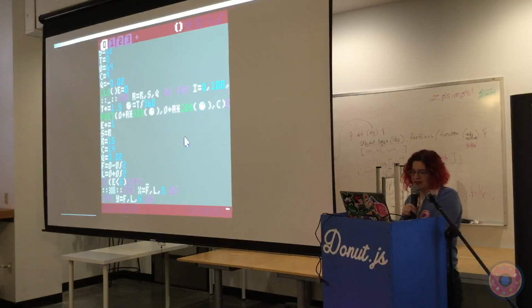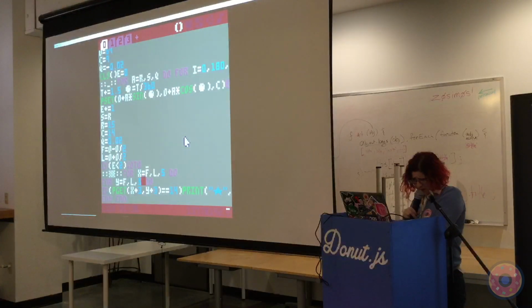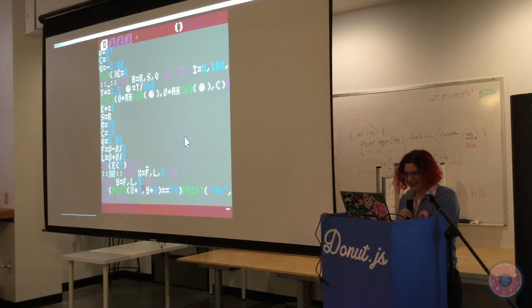No? Okay. In that case, go back up and do the frosting. Otherwise, we need to add coconut. And that is this for loop.